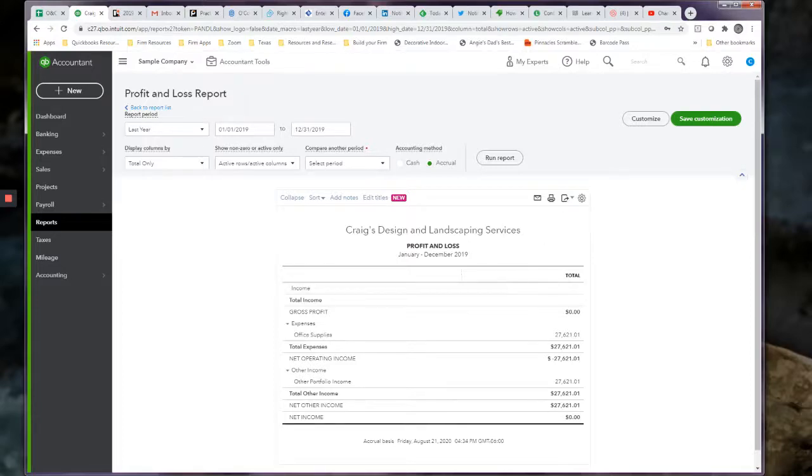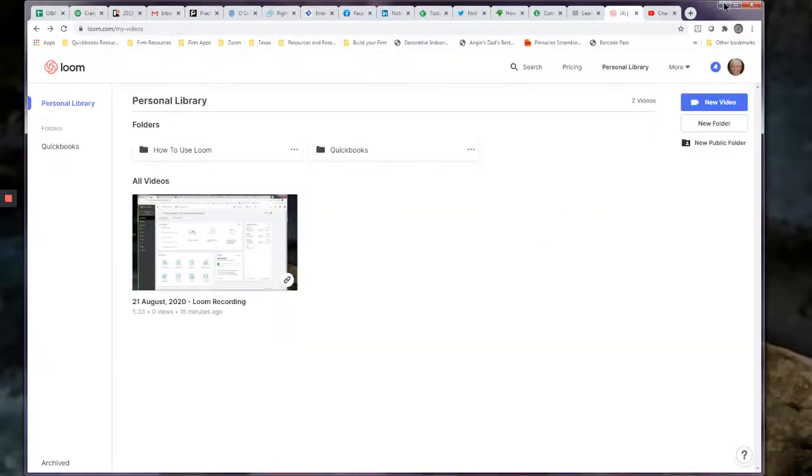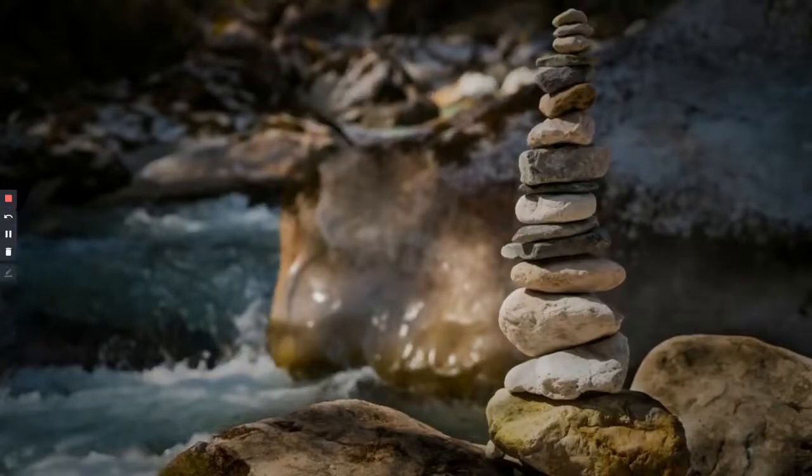So that is how you merge your accounts so that you don't lose any transactions, but everything else, all the